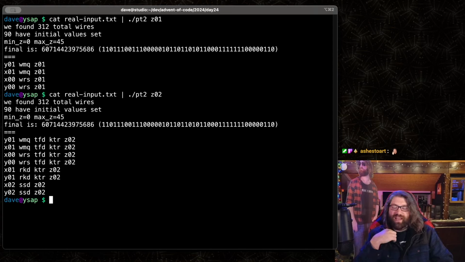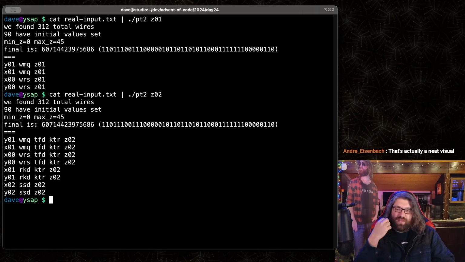It's actually a neat visual. Yeah, it's cool. It's an interesting way to see it. And I think by doing this, I can calculate what a valid visual should look like, assuming there's not extra stuff thrown in here. Like, assuming there's no logical...